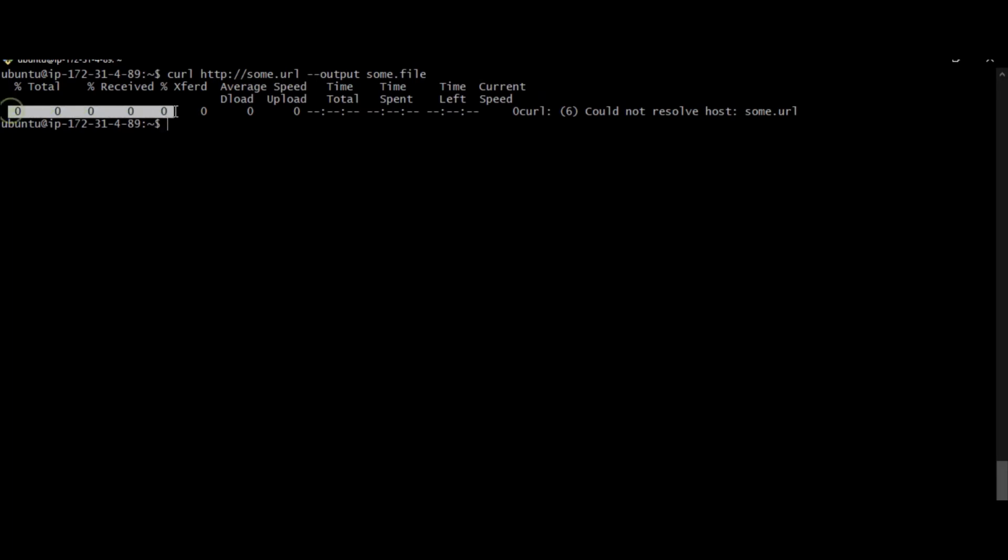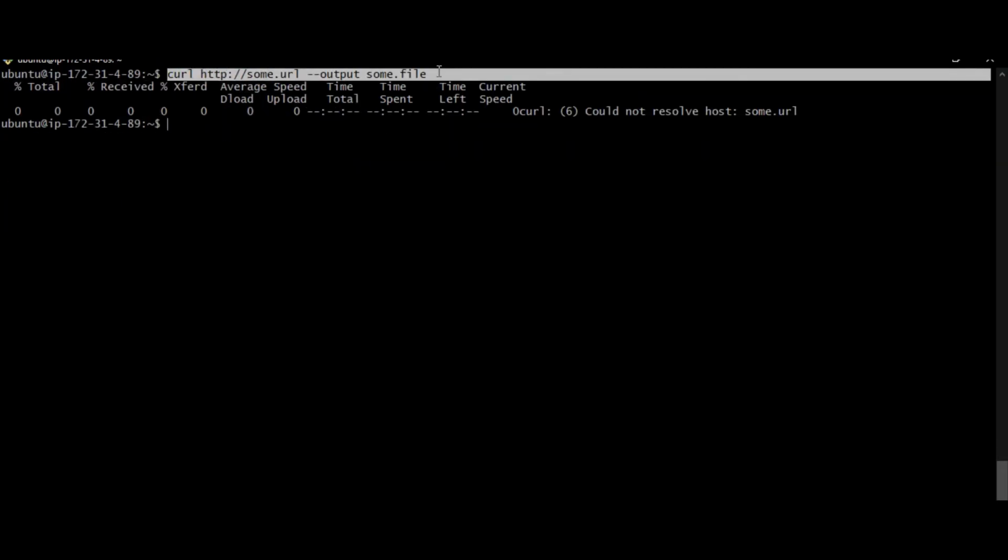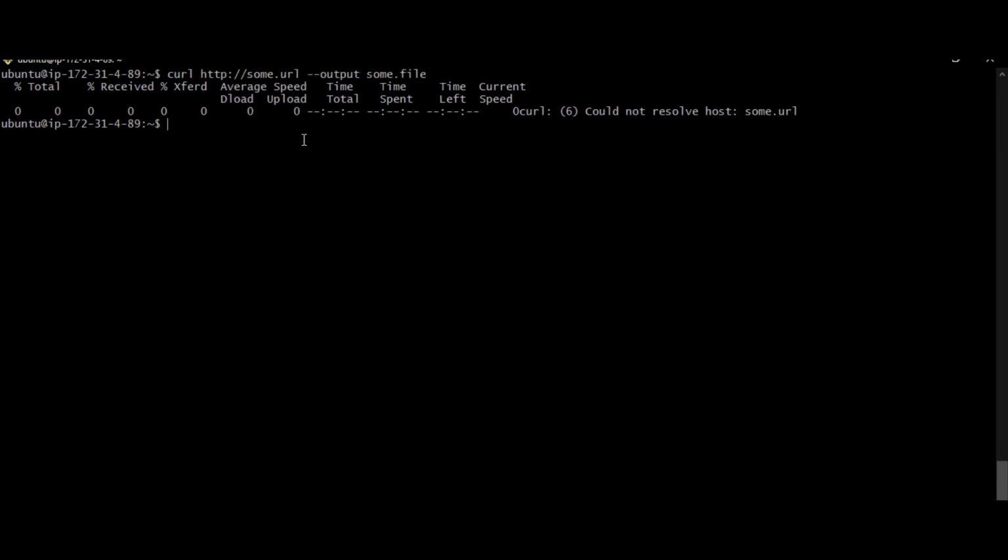So it's downloading the file. But guys, this some.url was not working because it didn't download the some.file. So if you want to download from a url that has a repository, by using the curl command we can download that repository into our local server.